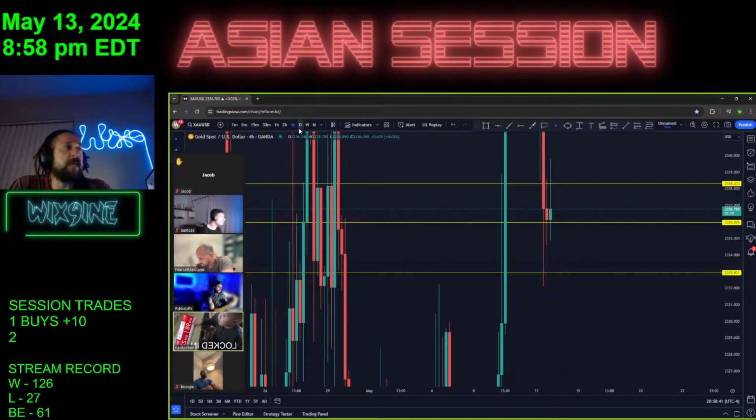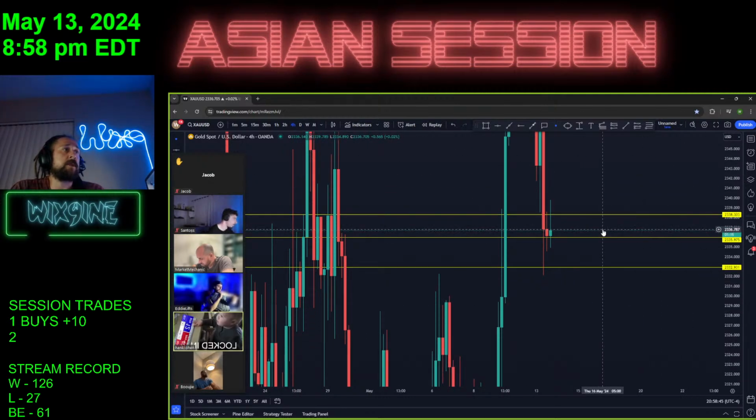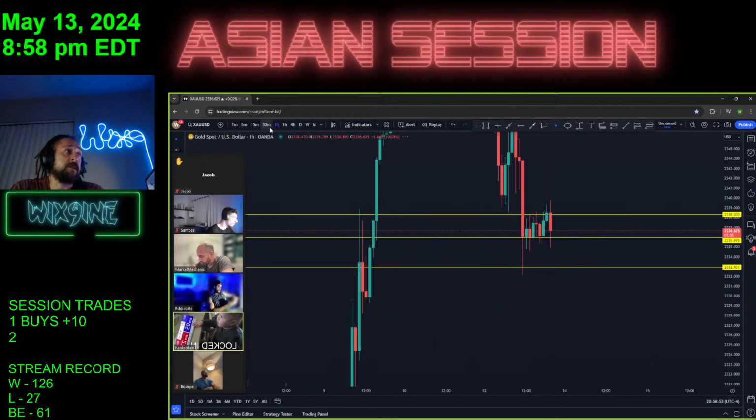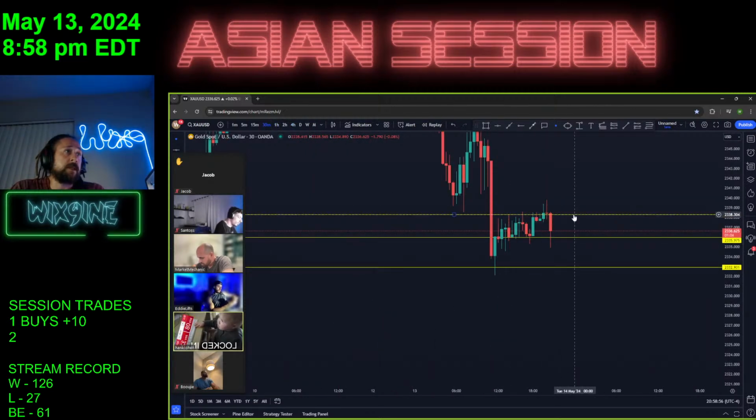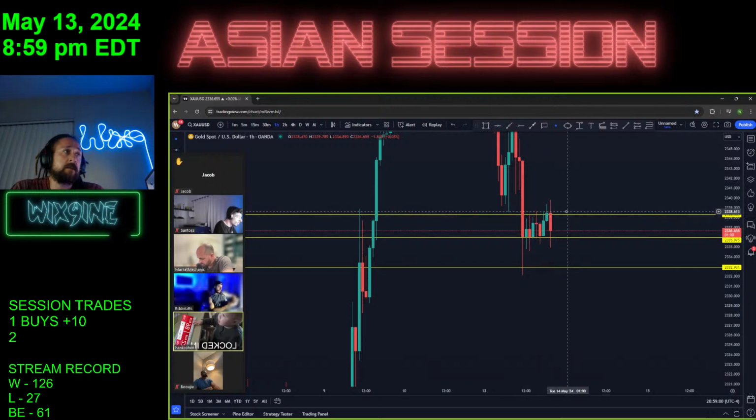Okay, so this will matter here because even though the 4 hour is bullish right now, if it closes like this, if the first thing we do is come up and grab a top wick at 38 and then flip bearish, we'll look for sells. Right? If we can break the previous 30 high and come back down and flip, I think we're going to retest the bottom of the range.